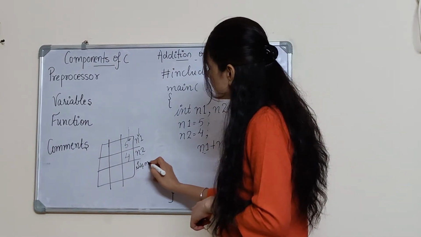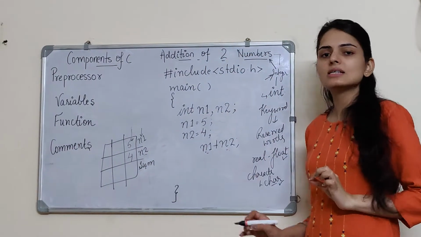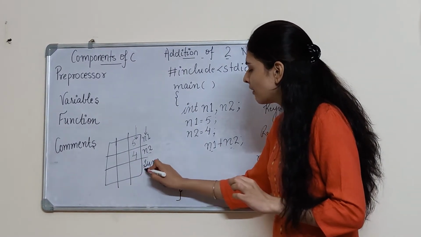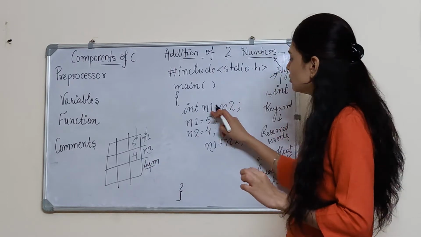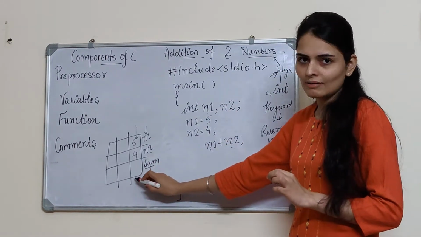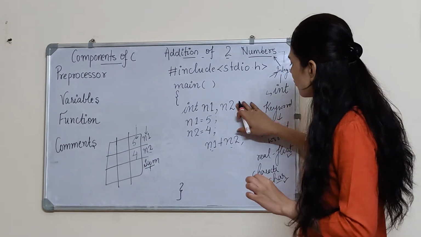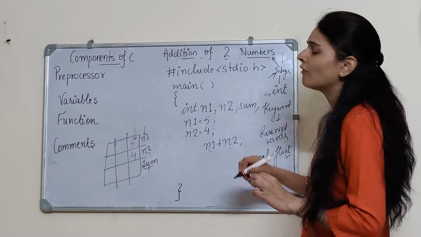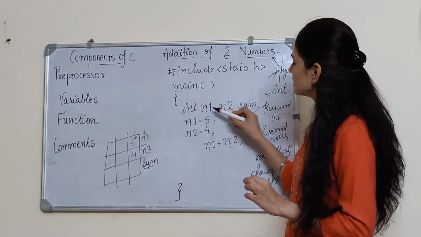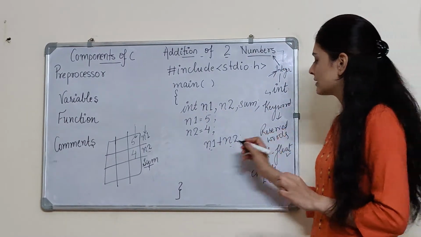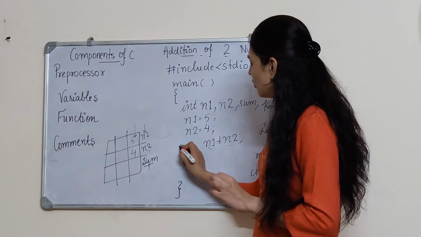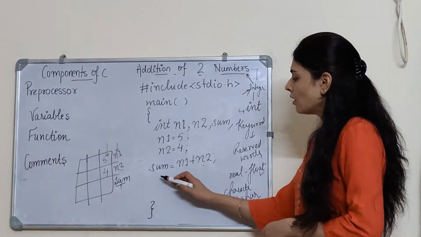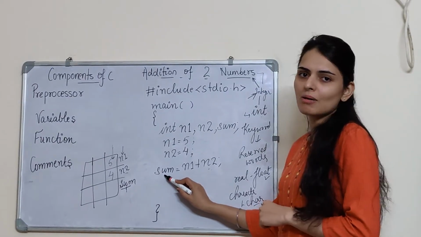So suppose I name it as sum. Now again, if I need to mention one more memory cell with a name, I need to mention over here what name it is. So over here I'll mention again: addition of two integers will be of integer type only. So this will again be of integer type. So n1, n2, I'll provide that value in the sum. Now we need to display this sum value.